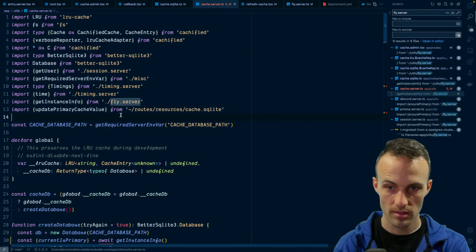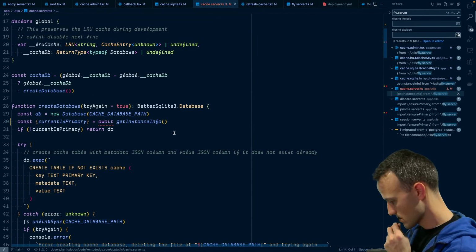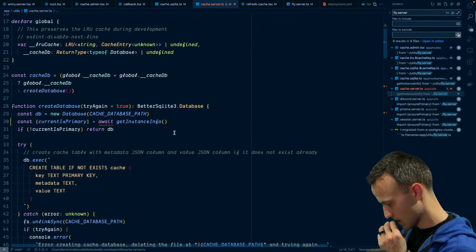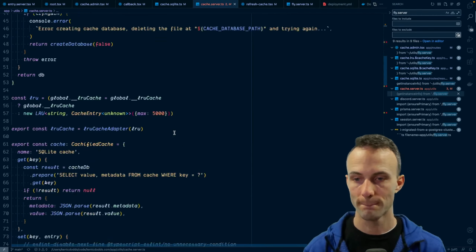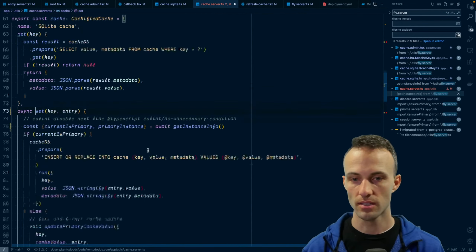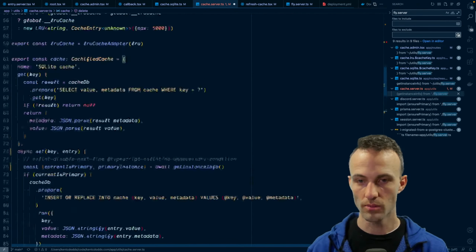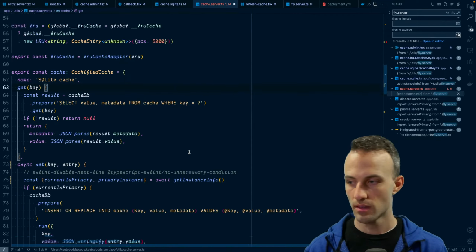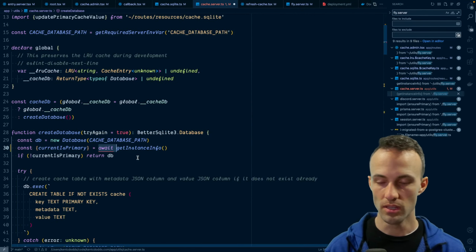Rats. So we could just determine if it's writable. Here, this set can be async. That's fine. And this can be async, no problem. But this needs to be synchronous. So maybe